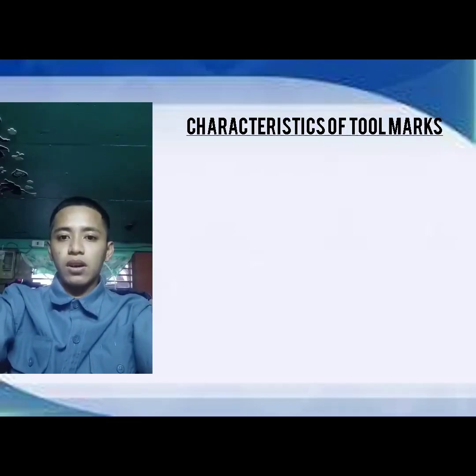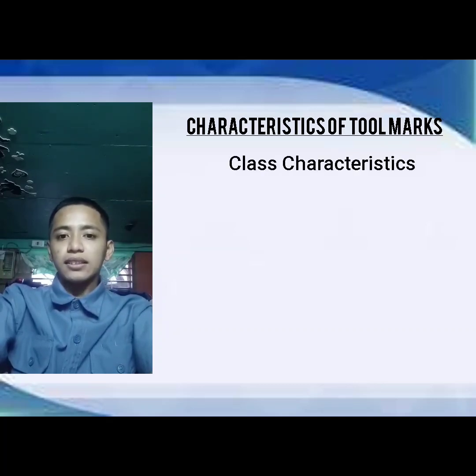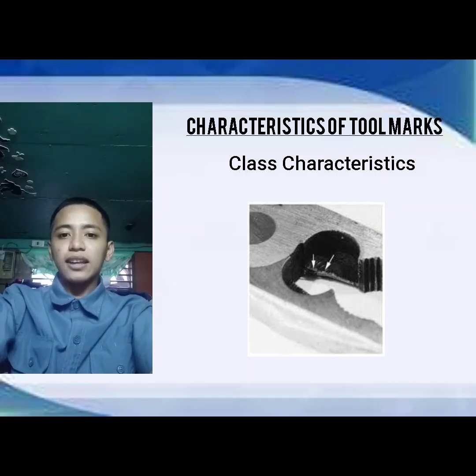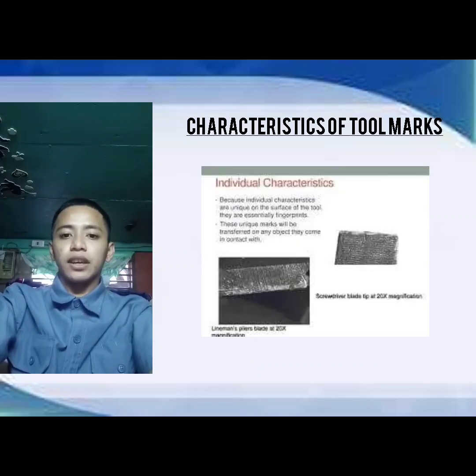And now, the characteristics of tool marks are class and individual. Class characteristics. The class characteristics of a tool mark include the type of impression, its general shape, and its general dimension. Class characteristics typically allow the examiner to determine what type of tool created the impression,